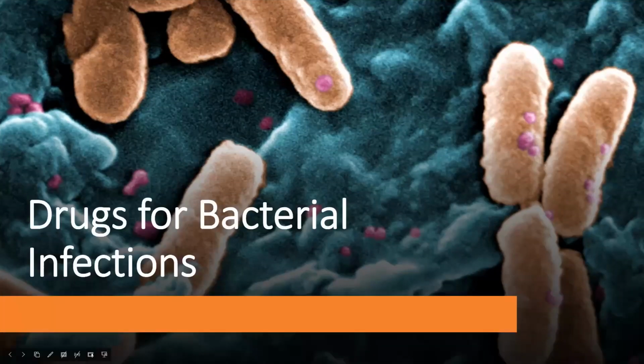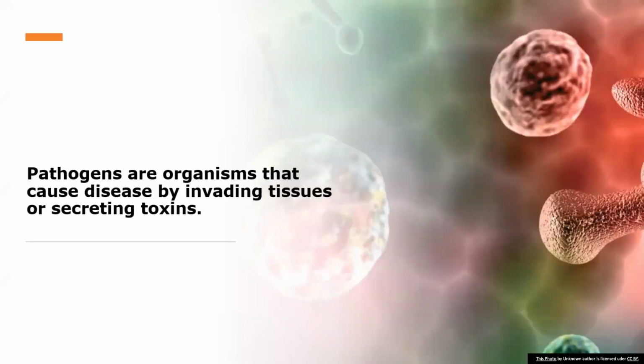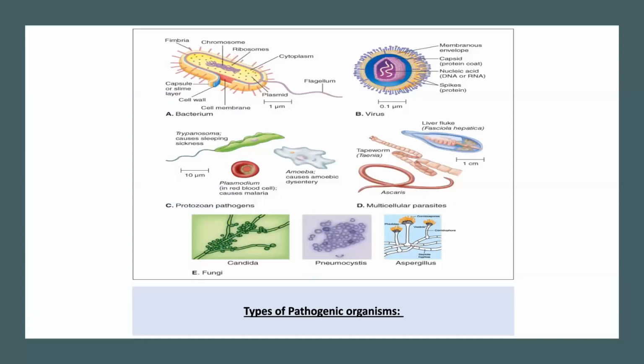Welcome to the topic Drugs for Bacterial Infections. In this, we will study about the pathogens. So the pathogens are the organisms that cause the disease by invading the tissues or secreting toxins. These are the types of pathogenic organisms like bacteria, viruses, protozoan pathogens, multicellular parasites, fungi. All these are different kinds of the pathogens that cause the